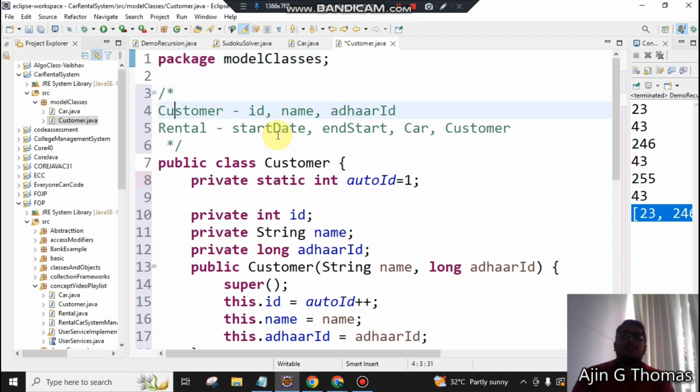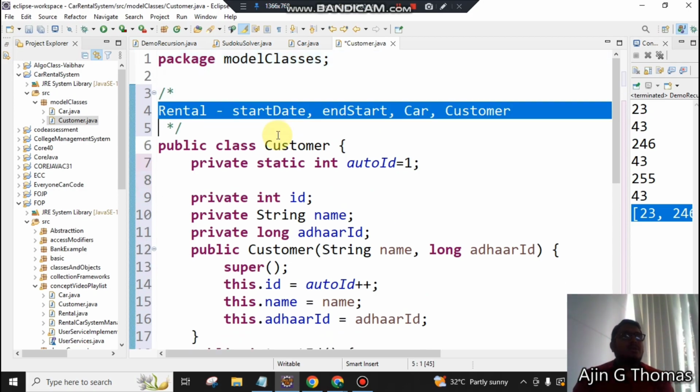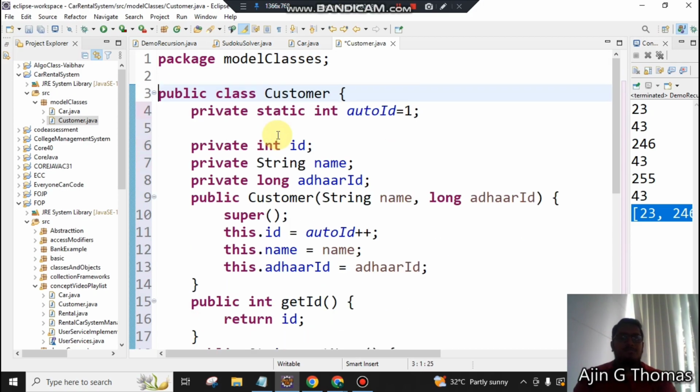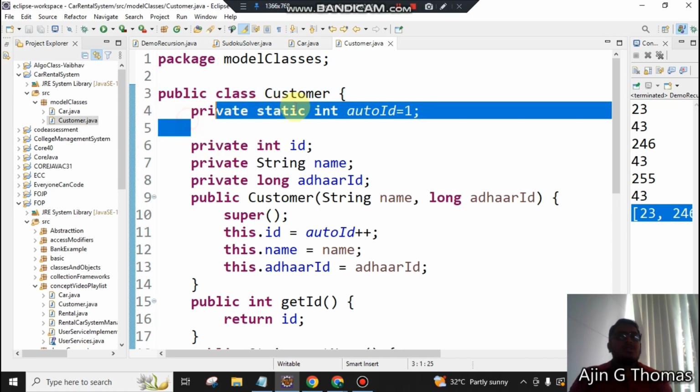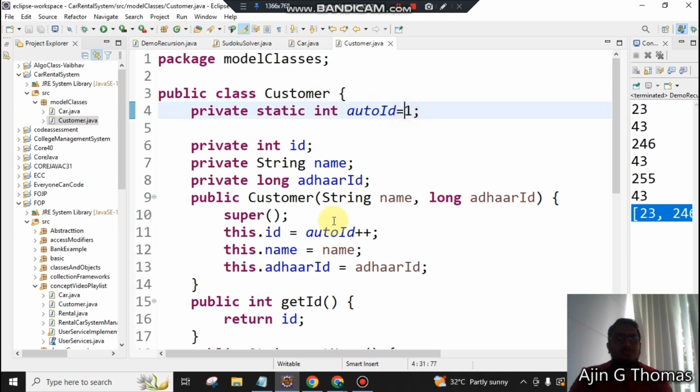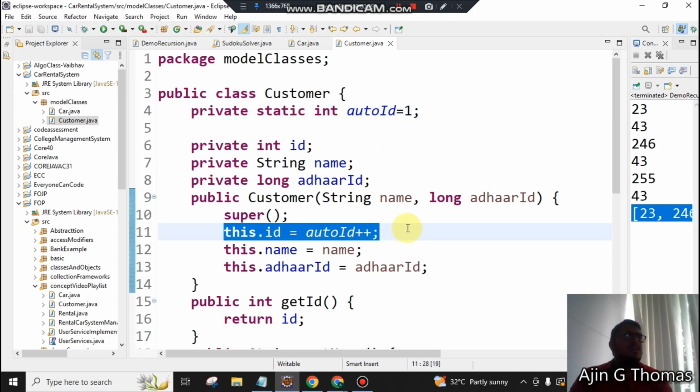Any doubt in creating the customer class? No, right? Only one thing is auto generating the ID. For that we have to write this code. That's it, right? This program also you have to save. Then create the